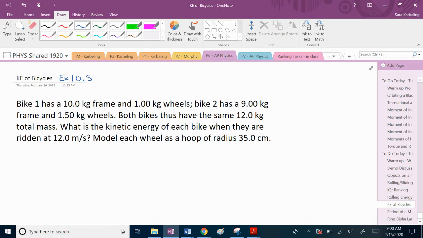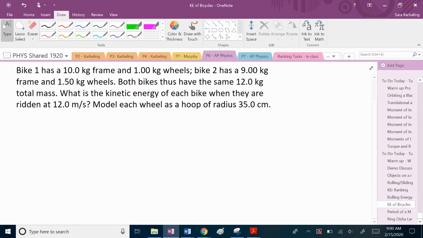If I had asked you this 3 days ago, you would have said they're the same because they've got the same mass and the same velocity, 1/2 mv squared, and we're done. But now we've realized this rotation stuff matters a little bit. So that's where we're going to jump in. I'm going to look at these two bikes separately, and then we'll do some calculations. So bike one